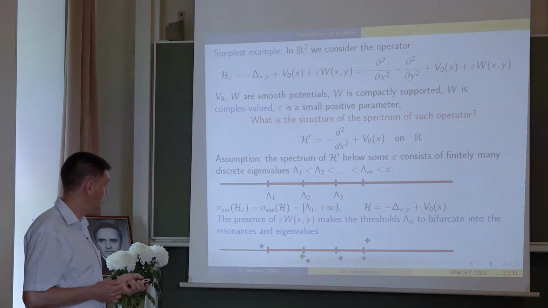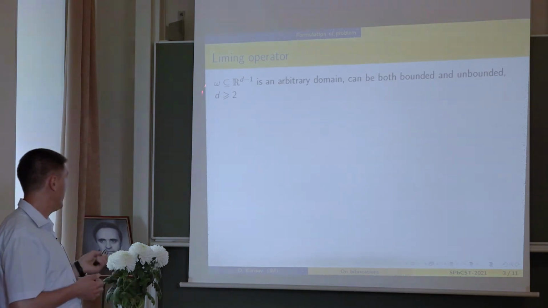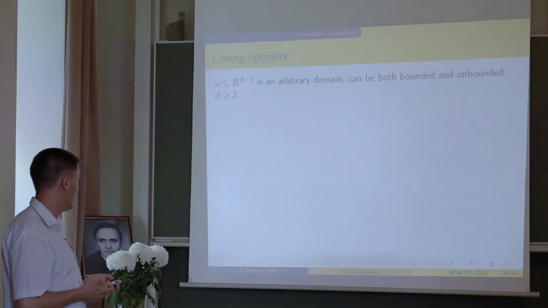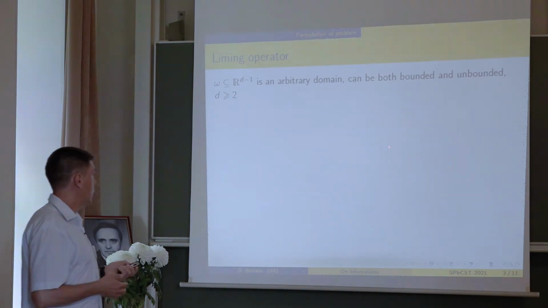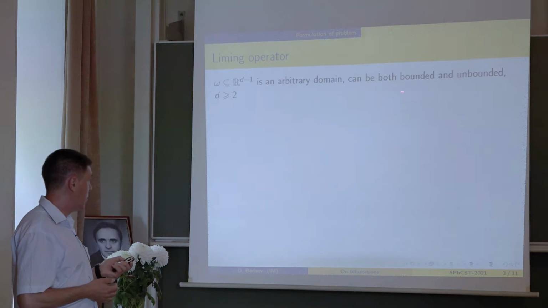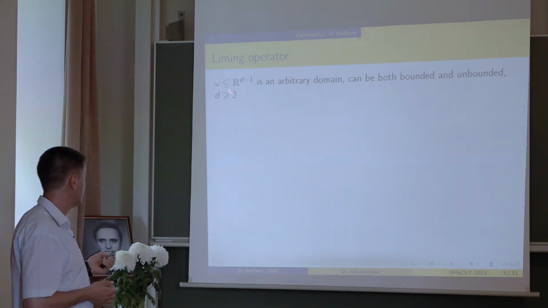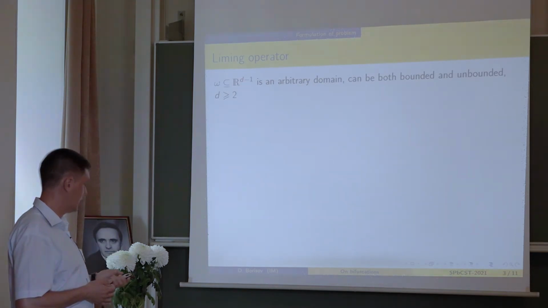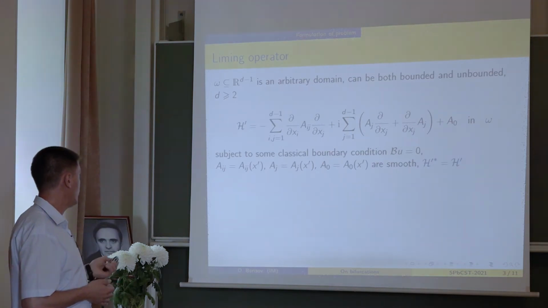So actually, the main features are seen already in this simple example, but they are still preserved also in the general setting. The general setting is as follows. So we begin with some omega, which is an arbitrary domain, which can be either bounded or unbounded, and it lives in R^(d-1). It is (d-1)-dimensional, and in this domain we